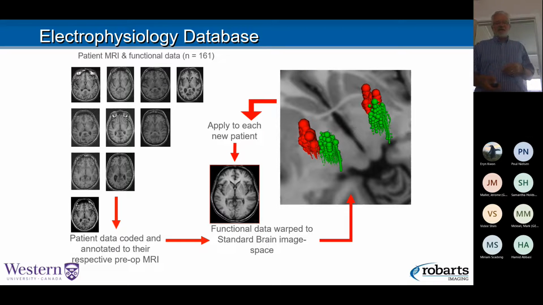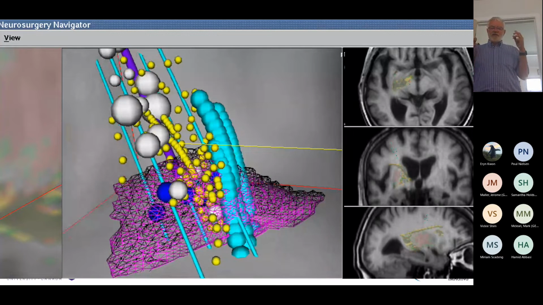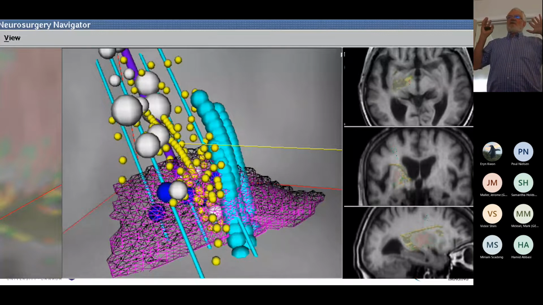So with multiple patients, every patient has one of these little dots that describe what happened when an electrode was at a particular place. All of these images have been normalized into a single space, and those of you in neuroimaging know about the MNI space, so we registered these to MNI space. When a new patient came along, all of the data from previous patients could be brought into the same space as the new patient, and this could help the surgeon precisely target the region that is